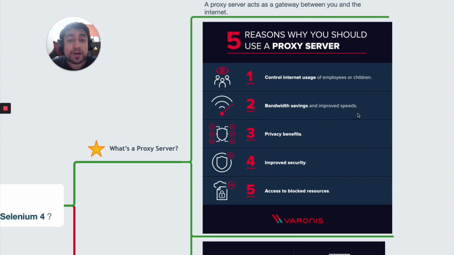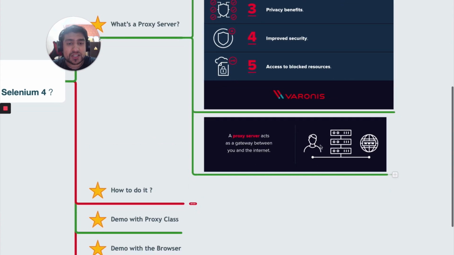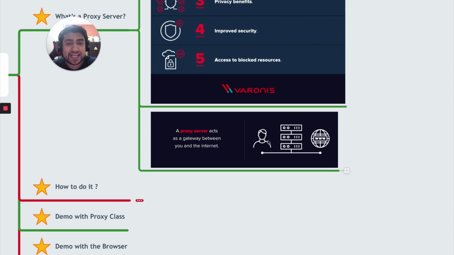So why is it important and how is it linked with Selenium? Most of the time when you're running your test cases, your servers or your applications are behind certain proxy servers that you need to handle. Guys, trust me, this is one of the concepts that you should know as a QA, because if you go to a bigger organization, they use proxy servers most of the time, and you should know how to handle them, especially in Selenium.